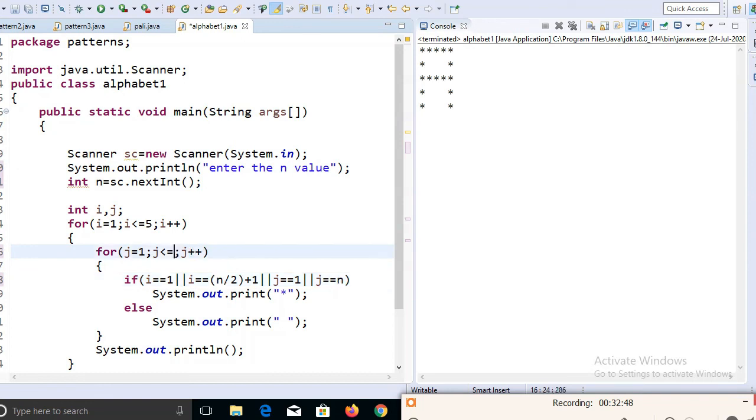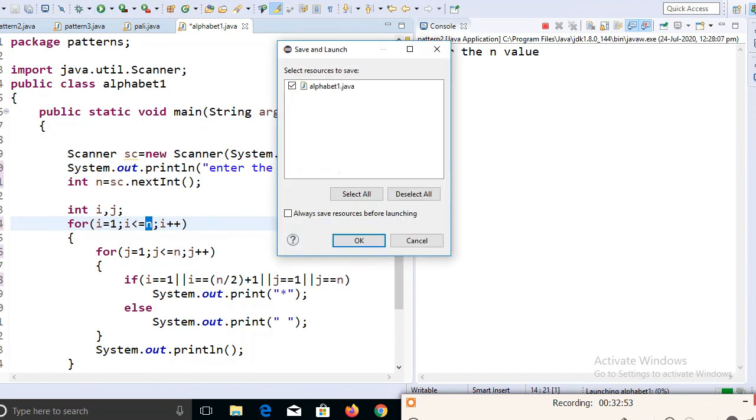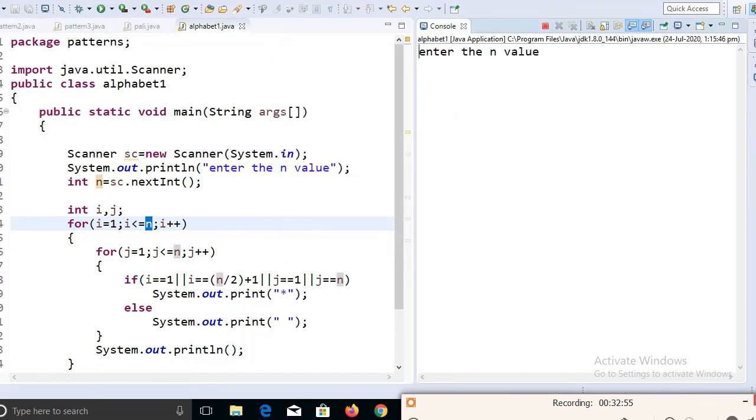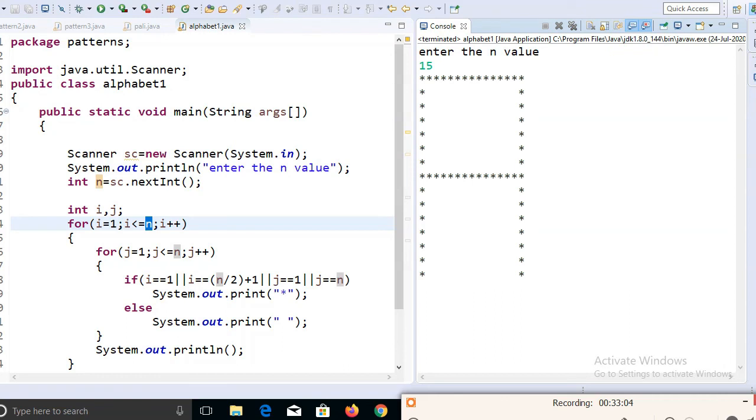That's why we take the n value here. Based on the n value we print the alphabet A. Enter 10, it is printed. Enter 15, it is printed. We have no problem, no issue.